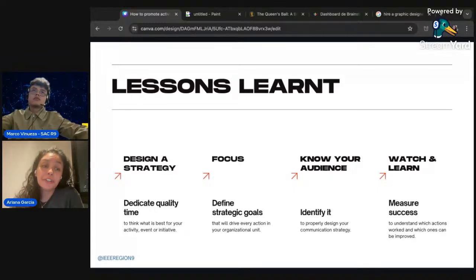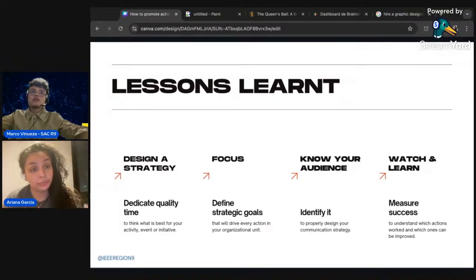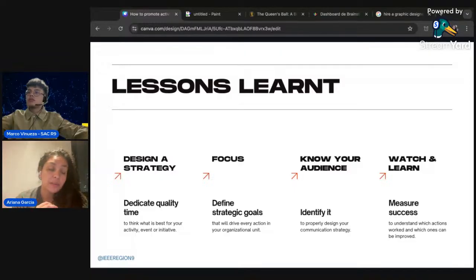And then watch and learn. That's basically looking at other social media, looking at other people that are doing the same, that are communicating, sharing content, generating that content, and then measuring the success that they get. If you're doing your strategy, it means that you are thinking of how you want to communicate. But you might not get the best results the first time. Hopefully you do. But sometimes it takes a little bit of learning on how things work, to know your audience, what your audience likes, where the channels are that they usually visit, and measure the success of your